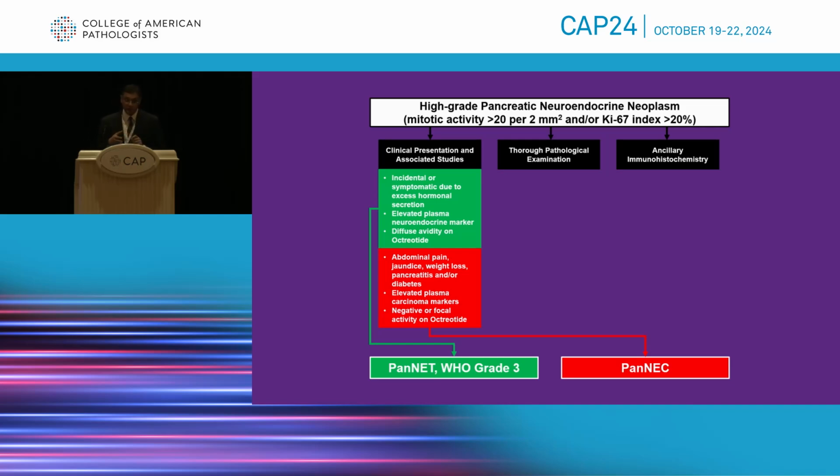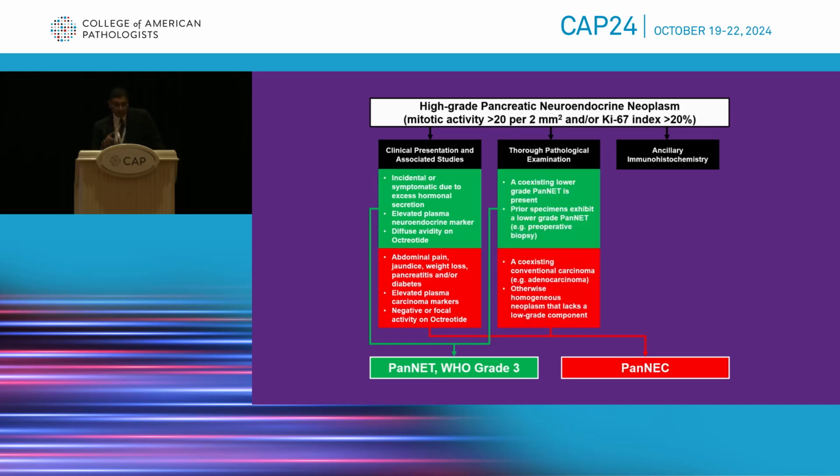In contrast, patients with poorly differentiated neuroendocrine carcinomas often present with abdominal pain, jaundice, weight loss, pancreatitis, similar to other exocrine neoplasms like acinar cell carcinomas and pancreatic ductal adenocarcinoma. As for serum studies, neuroendocrine carcinomas often are remarkable for elevated CA19-9 and CEA, which contrasts with neuroendocrine tumors. In addition to clinical presentation, I can't stress enough the importance of a thorough pathologic examination and